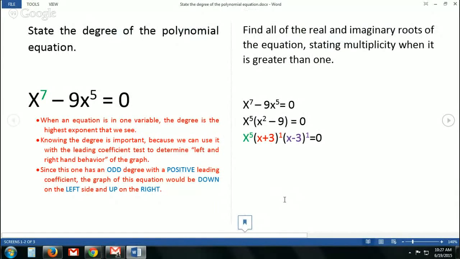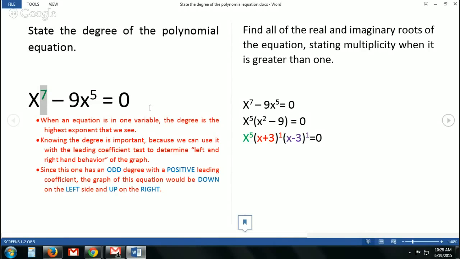For this problem, we've been given a polynomial equation, x to the 7th minus 9x to the 5th equals 0, and we've first been asked to state the degree of the polynomial. When we have an equation that is in one variable only, meaning here that we only have x's in our problem, the degree is the highest exponent that we see. So for this one, 7 is the highest exponent that we see, and the degree of the polynomial then would